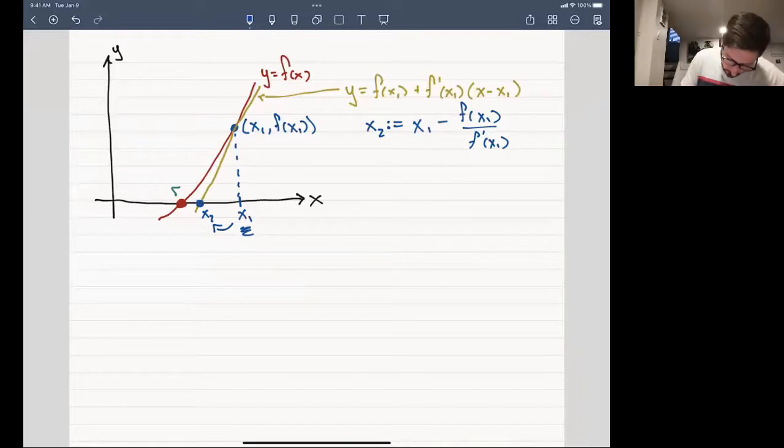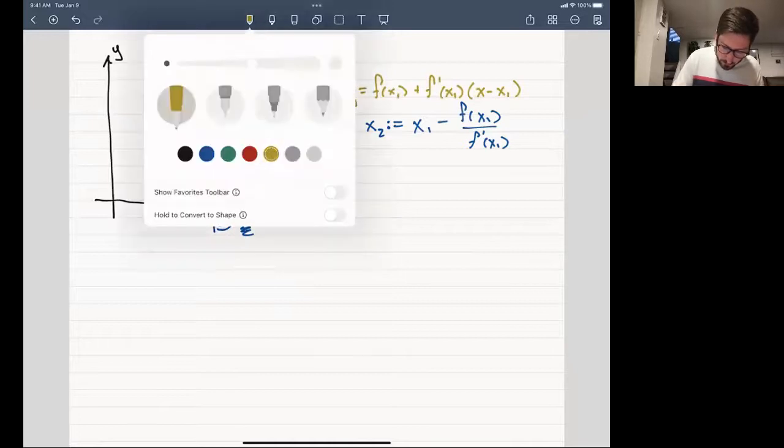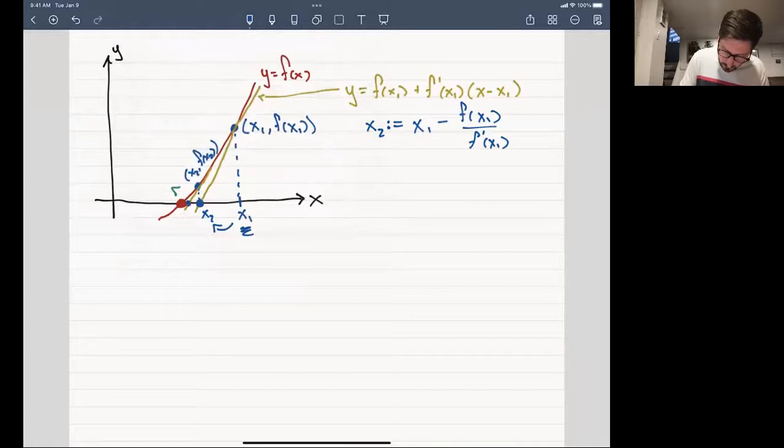Okay, well then, let's take a look at this. It's going to get messy very, very quickly, so I'm not going to draw too much more on here. But you can see that if I repeated this procedure and found another line that's tangent, I'm going to jump to a better guess again, right? So I get some other point here, we call it x3, and x2 allows me to update to go to x3. So the general procedure,